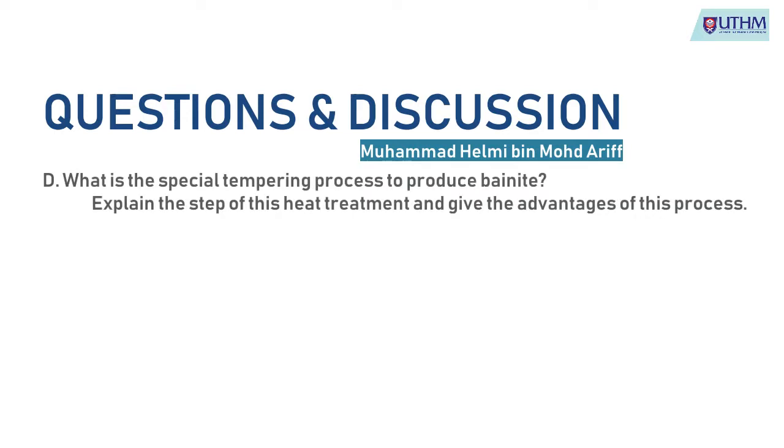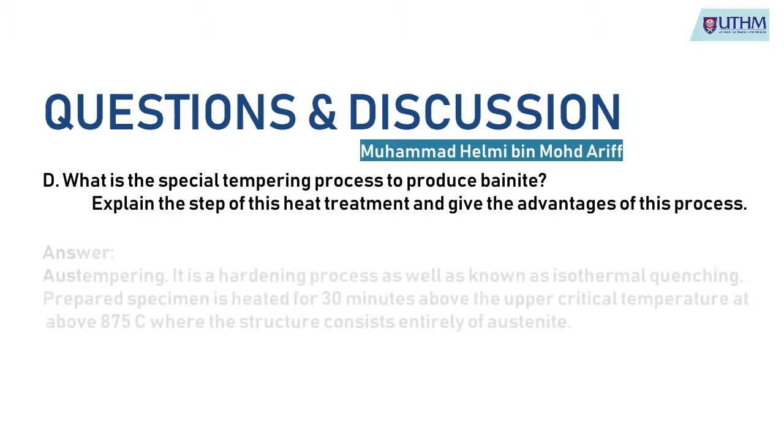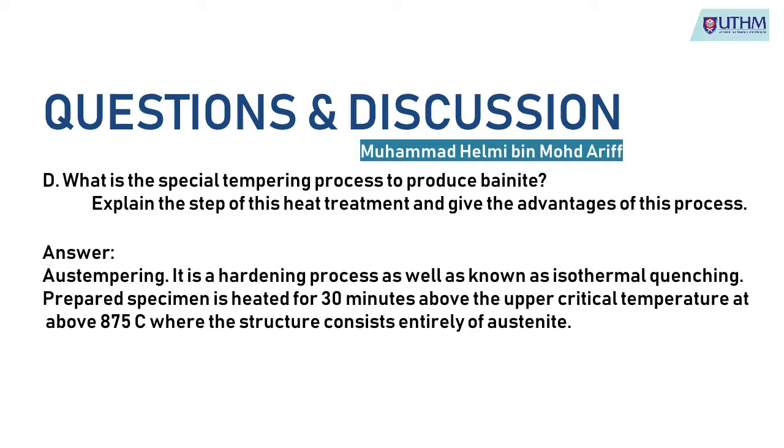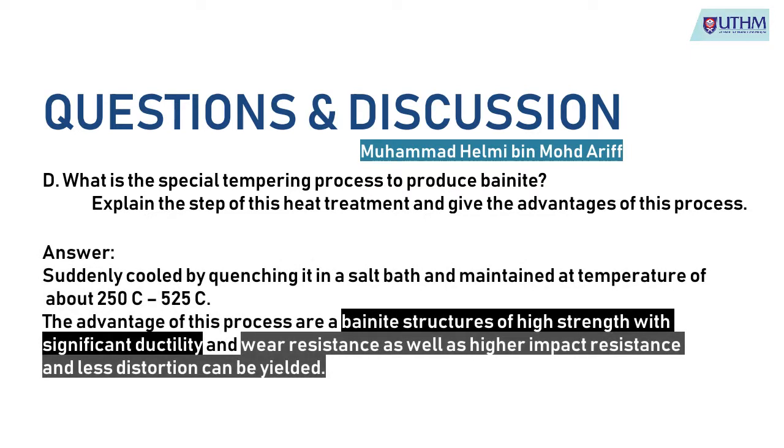D. What is the special tempering process to produce bainite? Explain the steps of this heat treatment and give the advantage of this process. The special tempering process to produce bainite is austempering, a hardening process also known as isothermal quenching. In this process, the prepared specimen is heated for 30 minutes above the upper critical temperature at about 875 degrees Celsius, where the structure consists entirely of austenite. It is then suddenly cooled by quenching in a salt bath and maintained at a temperature of about 250 degrees Celsius until